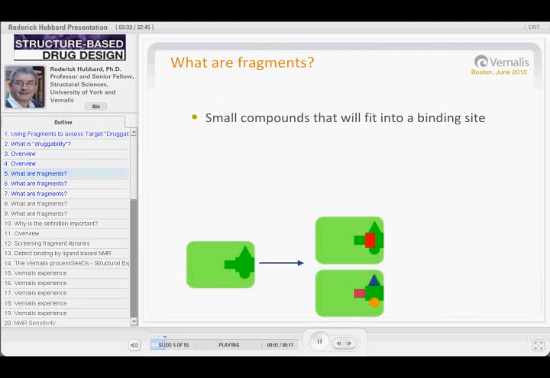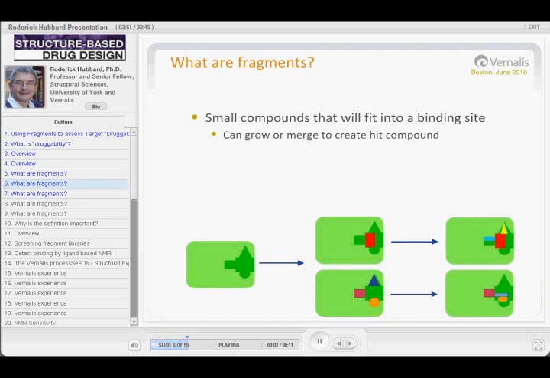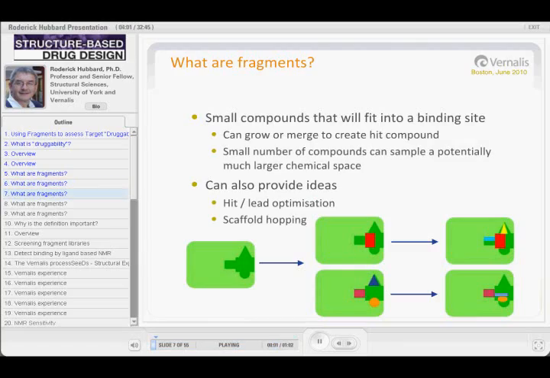So, to begin with then, quickly, what are fragments? Fragments are small compounds that will fit into a binding site. If you've got your target binding site here, if you screen that target against small molecular compounds, you can find predominantly compounds that bind into the center of the binding site, occasionally ones that fit out on the outside. And the challenge in drug discovery is then to take those fragments and to either grow or merge them together to make hit compounds that can then be taken forward into optimization. As I'm sure you're all aware, the